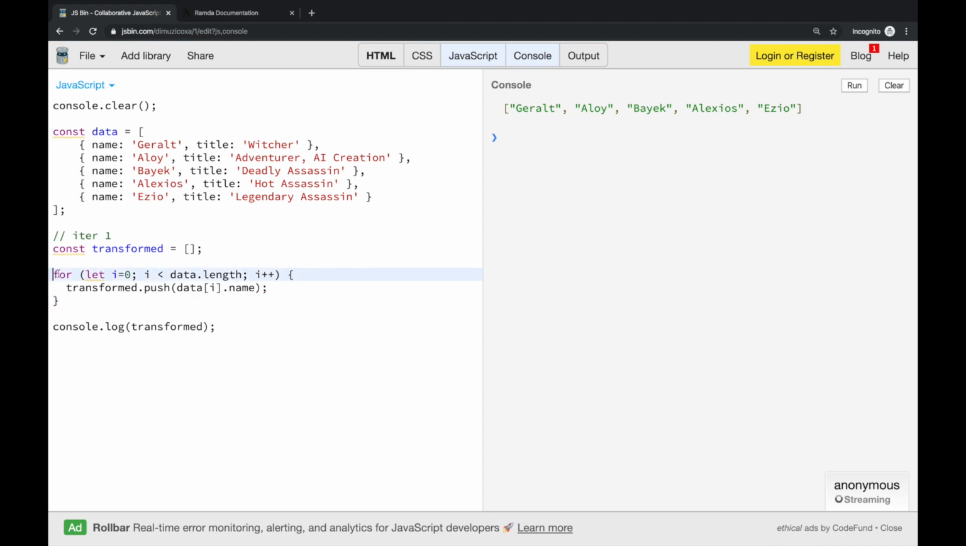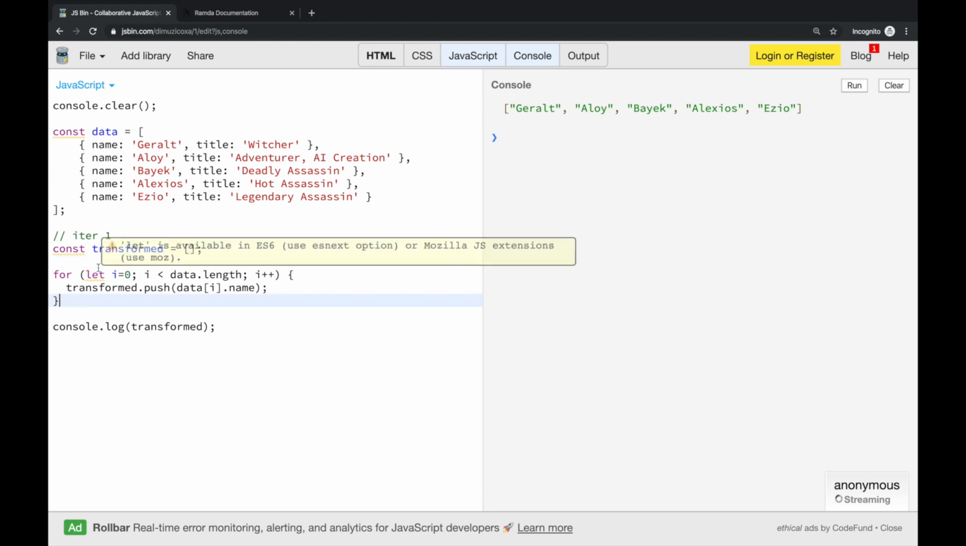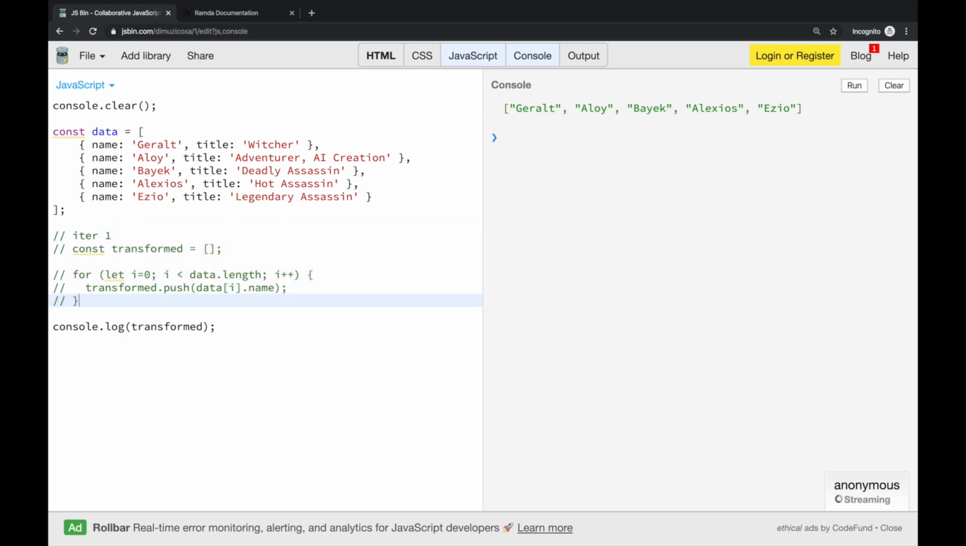We have used just this for loop and pushed the new items into this transformed array, and we have got the result, and it's working. It's fine. Now we can improve this a little bit, and we can move forward and evolve this code. Okay, let's comment this out so it's still there, so we can refer to it. But right now let's